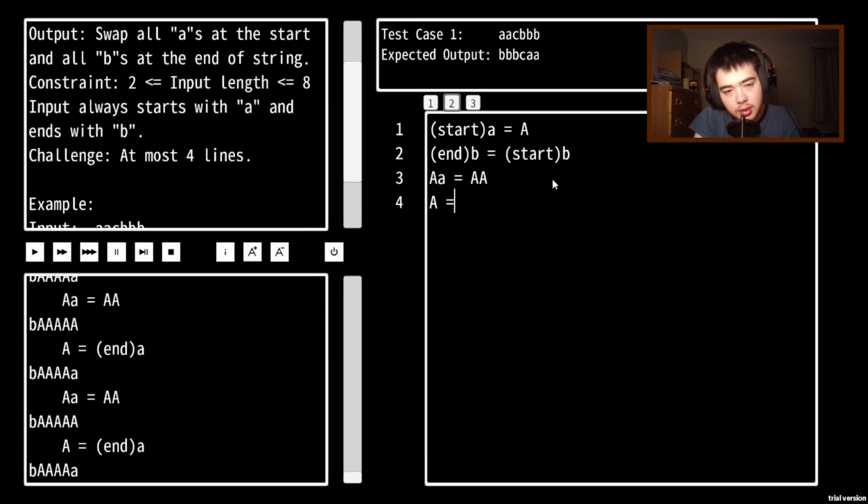A, and then A equals and A. That doesn't work. I could do it in 3 lines. DA and then D equals nothing. I think this works, but